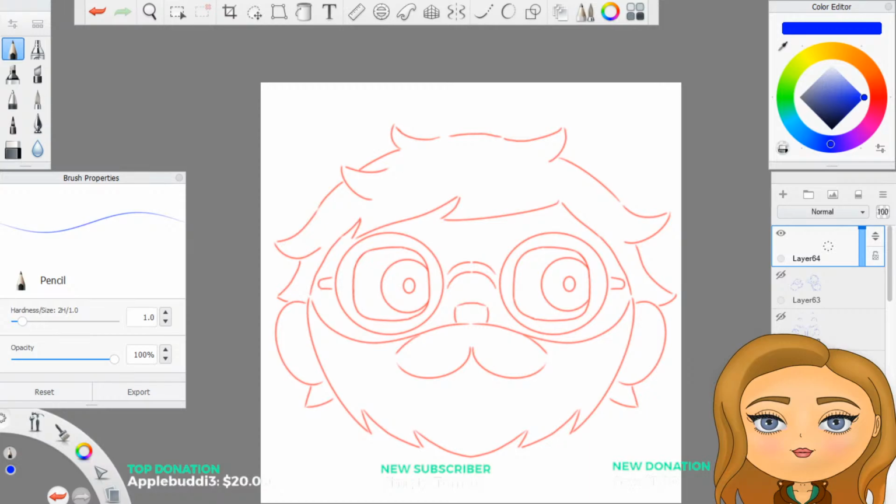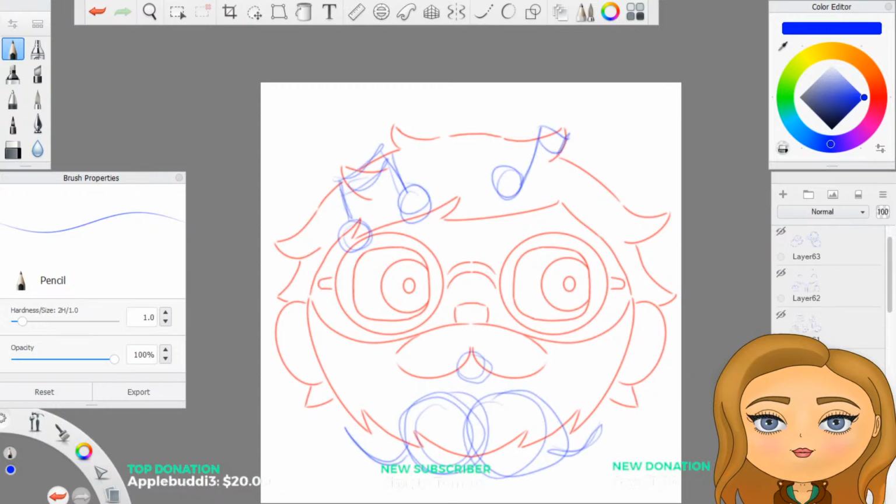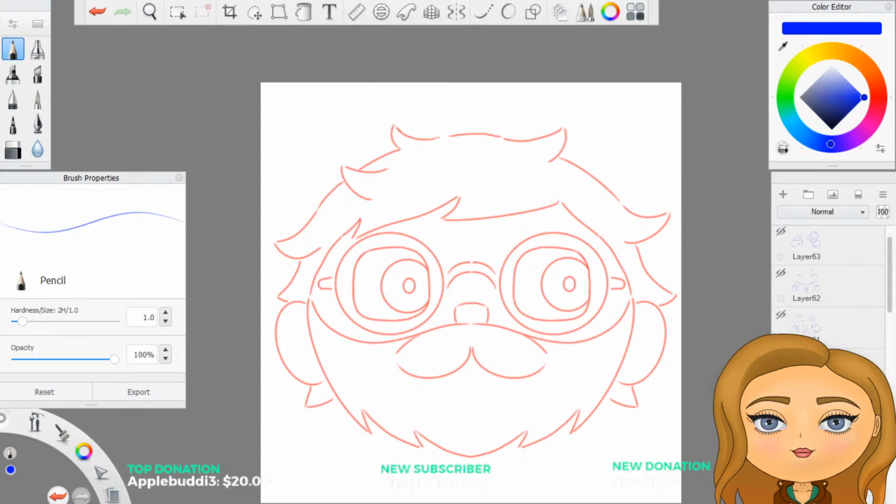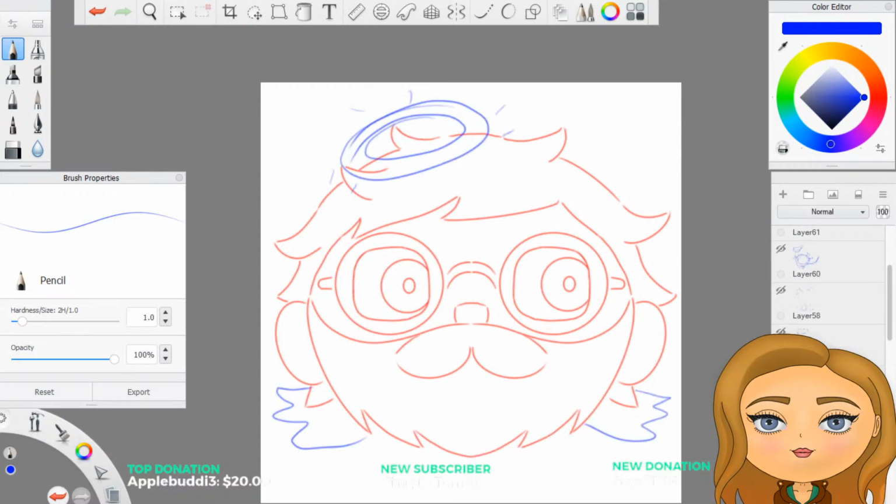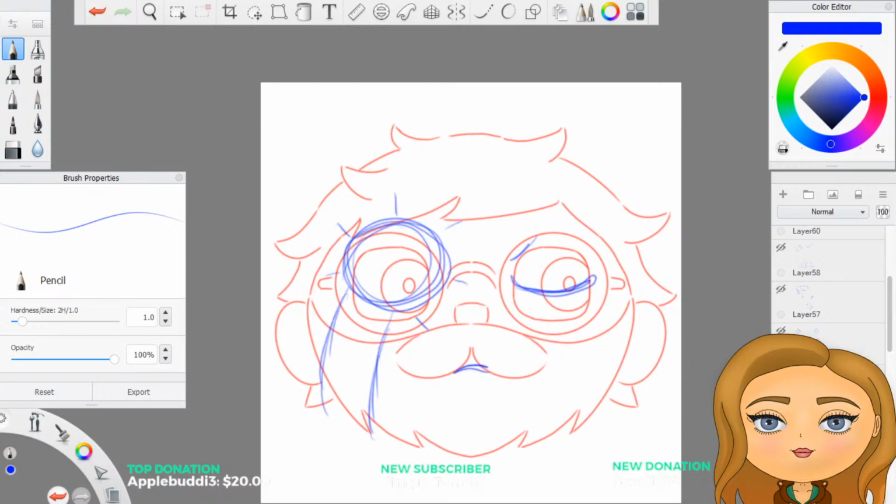I've just realised on the face palm one in Animal Crossing, where did I put the face palm? Is it this one?